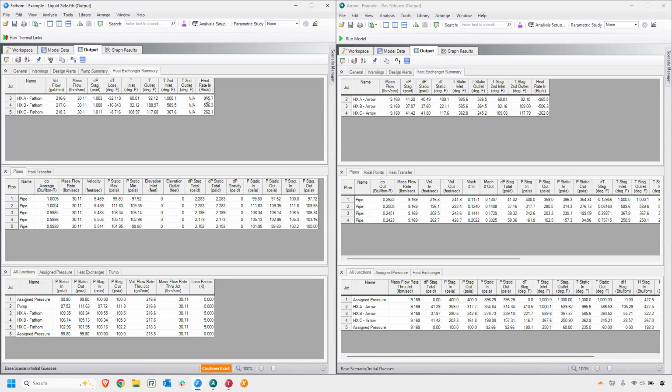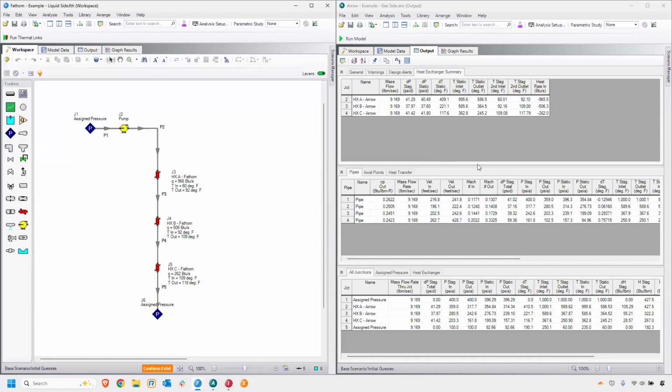To verify this, we should be able to see that the heat rate in should be equal and opposite between Fathom and Arrow. In this case, we can see that we have 965, 506, and 262 into the liquid side. On Arrow, we can see we have negative 965, negative 506, and negative 262 in the heat rate into the gas side. When we specify it this way,